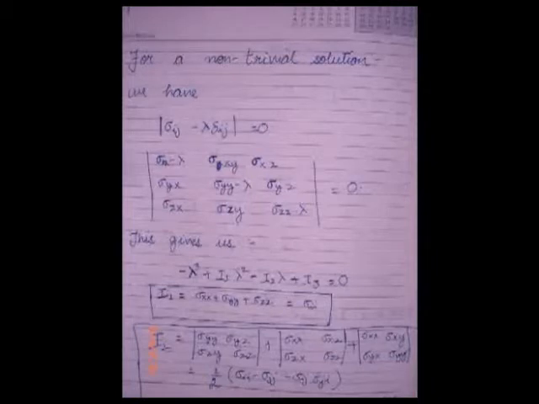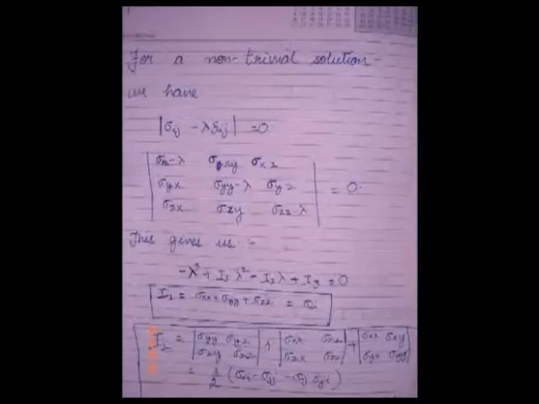And as you can see, the coefficients of lambda have been denoted by I1, I2 and I3. And I3 is not a coefficient, it's just a constant. But these are invariants. That is, in any state of stress, it doesn't change. Whether you rotate it, you do anything with it, it's not going to change. And of course, as you solve the above determinant, you can see that I1 is given by sigma xx plus sigma yy plus sigma zz, or in a general form it is given as sigma_ii.